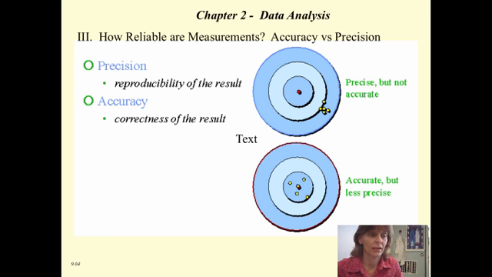Go back to your notes outline and find Roman numeral 3 for chapter 2 data analysis notes. You should see two different bullseyes here, and these illustrate the difference between accurate measurements and precise measurements. If you look at this first bullseye right here, if you're trying to hit the bullseye,